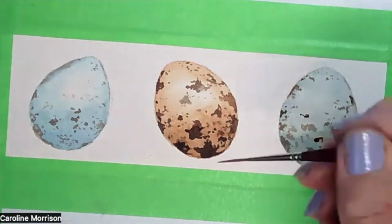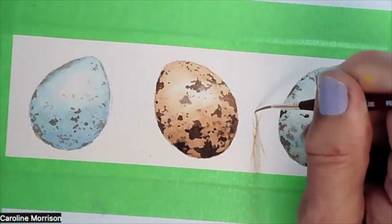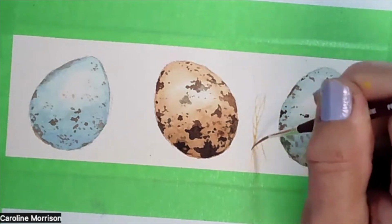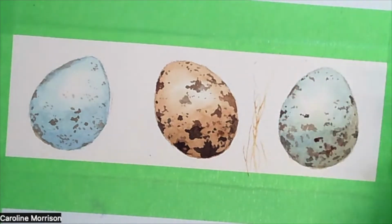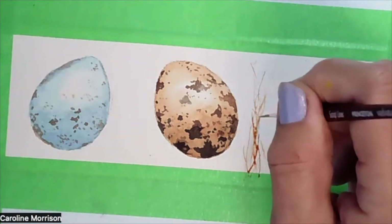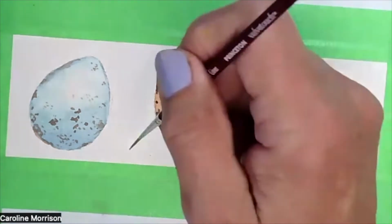And I'm just going to, with these, pull up wispy, dried grass and crisscross them over, like a nest would have sticking out of the edge. And I dipped into the burnt sienna. I started with raw sienna. I'm just going to switch between the two, and I didn't measure them. Just going to put that wispy dry grass between the eggs